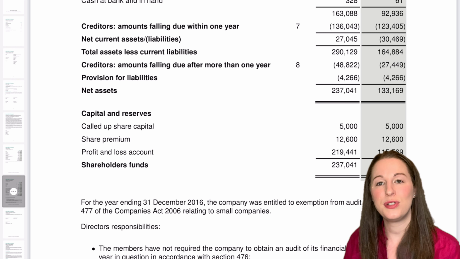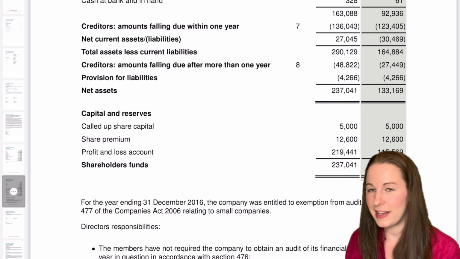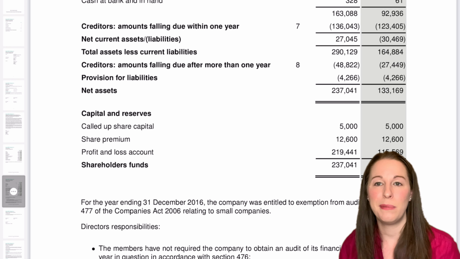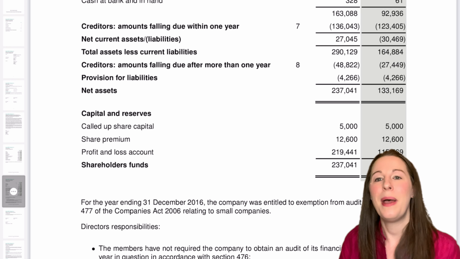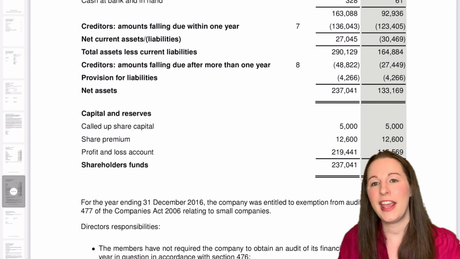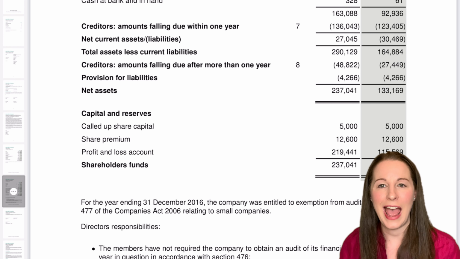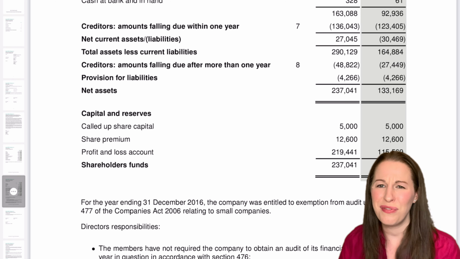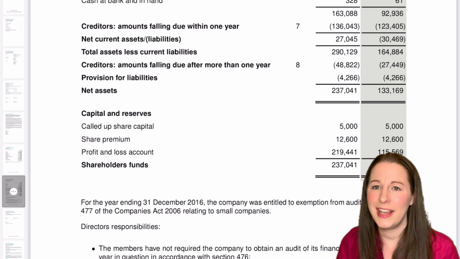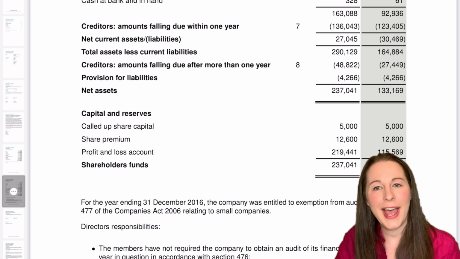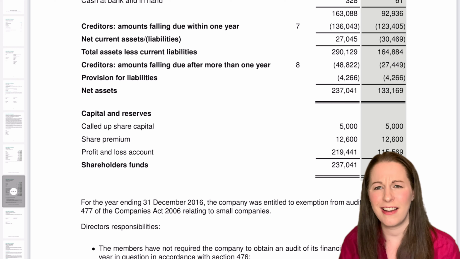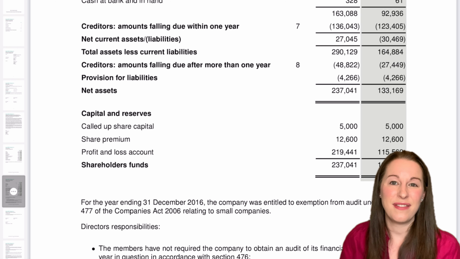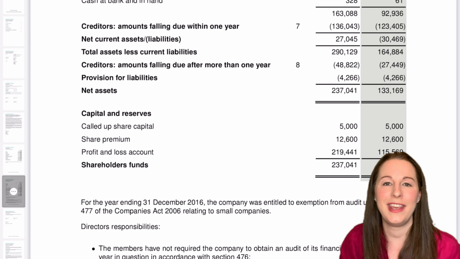Now, this comes down to your net assets figure, and this is basically what the company is worth. The ideal is that this is positive. I see on a few balance sheets that it is negative. If it's negative, it means it's insolvent, and you as the directors are personally liable. So ideally, you want this to be positive, and over a period of time, normally 2-3 years, especially when you're getting going, that's where it heads to, which is the ideal situation to be in, because that means the business is running well and you actually have some equity, some value within your portfolio